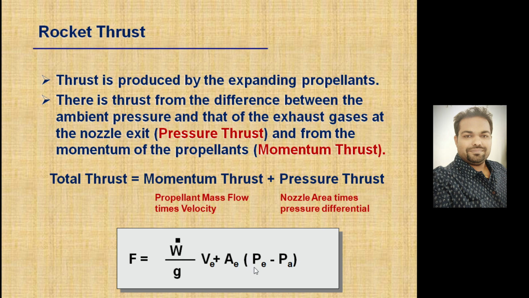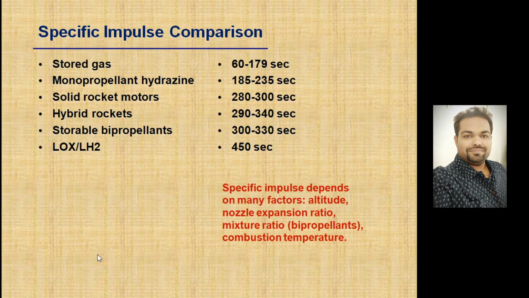Then you need to consider that difference in the calculation to find out the actual thrust of the rocket motor. So this is the generic equation that will be applied to find out the thrust for the nozzle. Based on the specific impulse, if we compare different kinds of rockets, we can summarize them